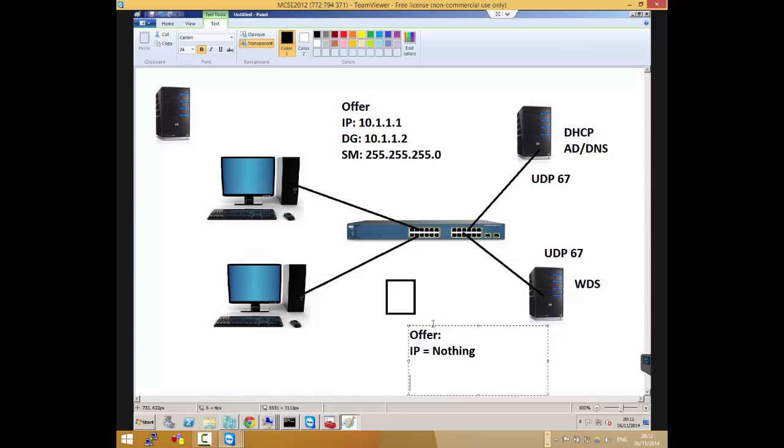So it will contain option 60. It will contain option 67, which will tell this one... Let me try to remember. Option 67 is the one that's telling the boot file name. So it's like, this is the boot file name that you're using.